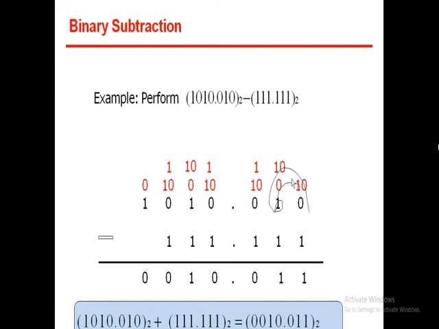So now it becomes 0. If we take 1 from here, it will become 0. So 0 minus 1, we can't subtract 1 from 0. So we will take from the next position. Here it is also 0, so we can't take. So we move to the next position, which is also 0, we can't take. So next we move to here. Here we will take 1 from here, then it becomes 0. Then it moves to here, then it becomes 10.